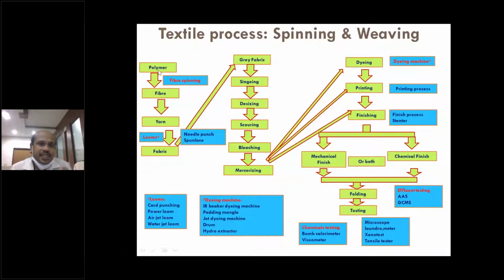Polymer is a granule from which we make the fiber. Otherwise we can have a natural fiber. And finally, we are going to finish with folding. Folding means that the fabric is processed and then goes to the garment industry, which we have already seen in the previous lecture. So from polymer we are getting